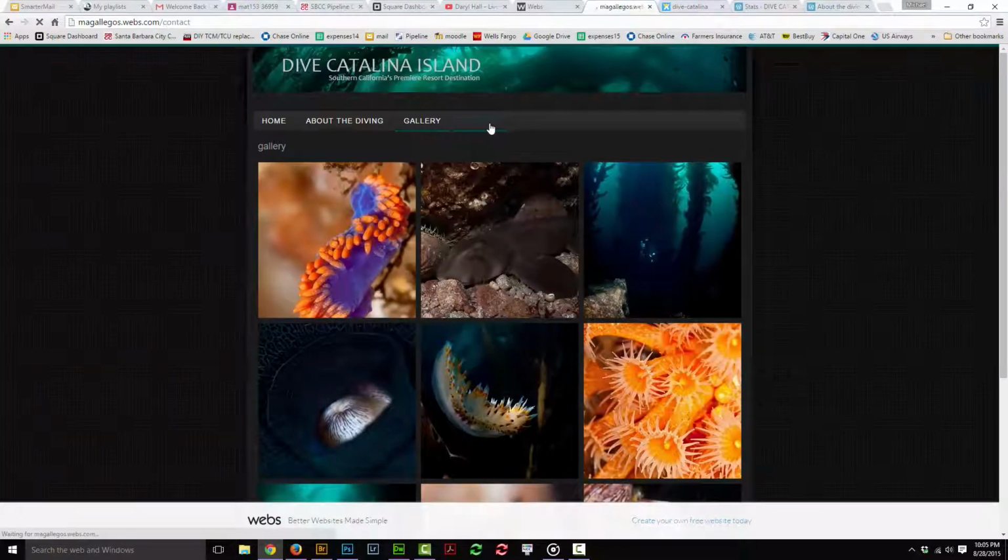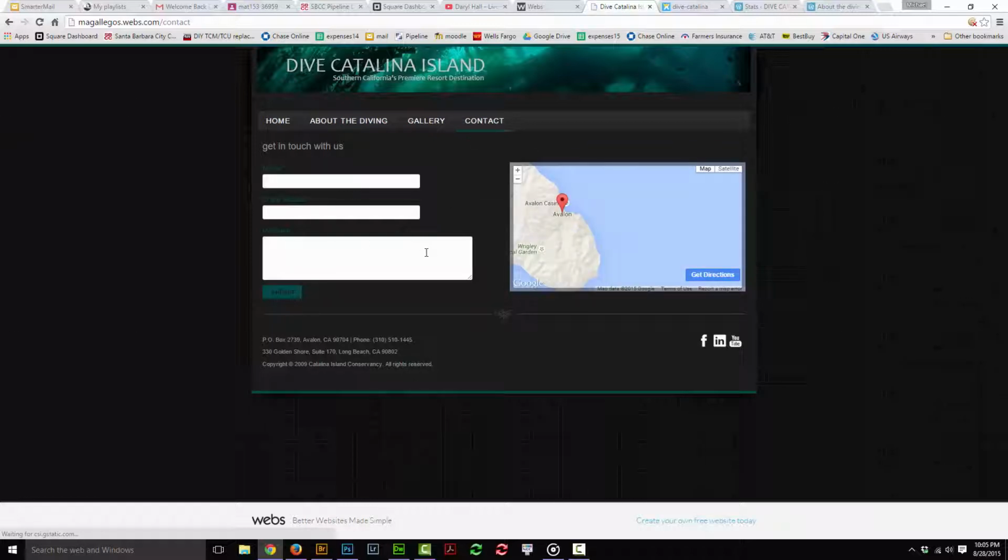Okay, the contact page. Again, super easy to have the fields in here and drag and drop a map in here, and it was also easy to drag and drop the social media icons as well. So I would rate this website much easier to do than the WordPress one, and maybe a little more customizable than the next one we're going to see from